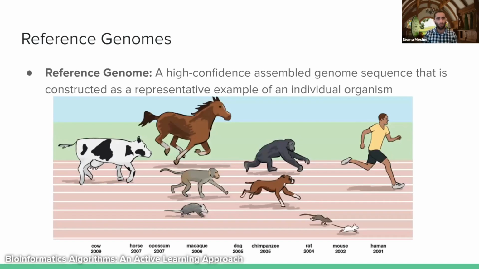Reference genome assembly has been going on for the past couple of decades, with the first high confidence reference genome on a large scale being the human genome. Since then, we've assembled a bunch more genome sequences as time has progressed. And now novel genome assembly is not the most difficult problem. People do it somewhat routinely nowadays. However, you'll notice that there are relatively big time jumps between each of these time points. And even in present day, even though it's much easier, there is still usually some kind of time delay. It takes some time to sequence and assemble a high confidence reference genome of whatever you're looking at,